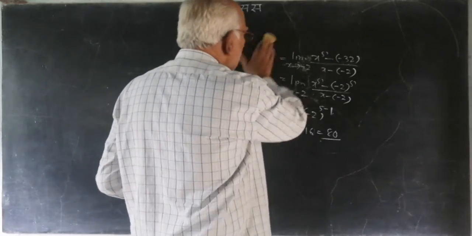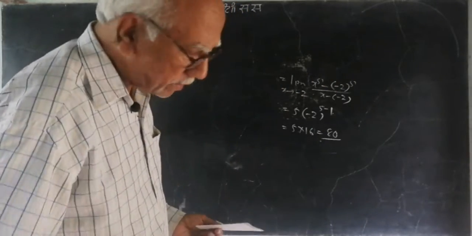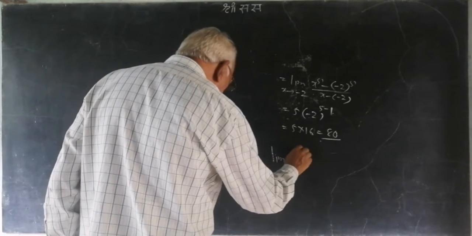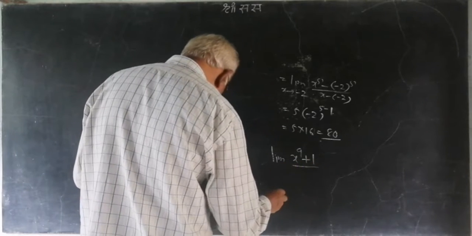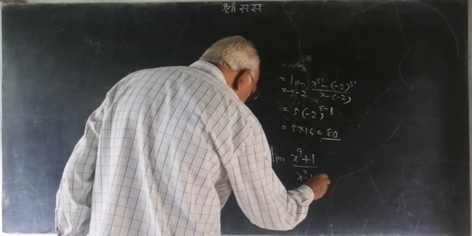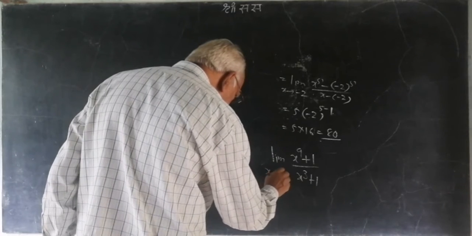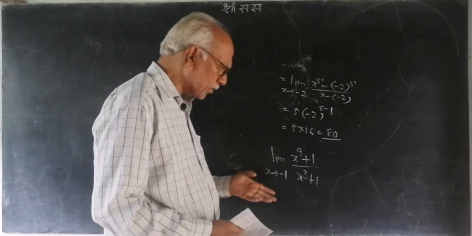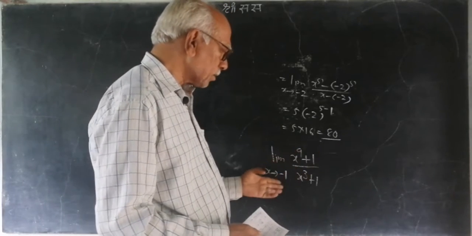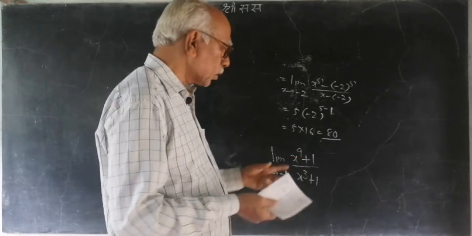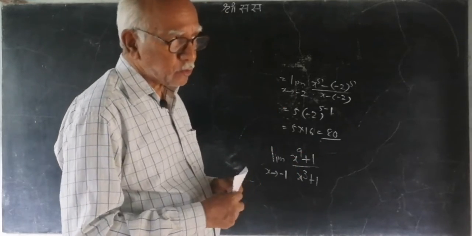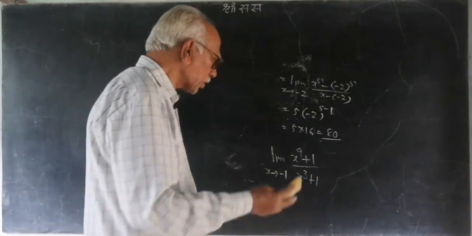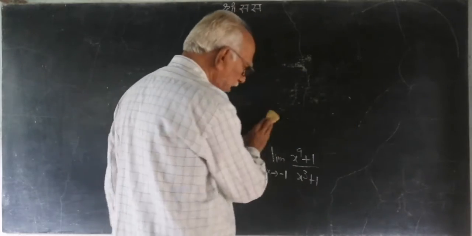So now we can combine the power here in this sum. See, limit of x to the power 9 plus 1 upon x to the power 3 plus 1 as x tends to minus 1. It can be done in a different fashion. x to the power 9 plus 1 can be written as x cube to the power 3 plus 1. Then you can factorize x cube plus 1 into something, and then you can evaluate the value. You can do that method also, or we can go through this theorem only.